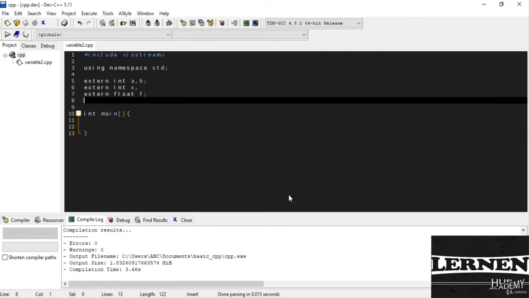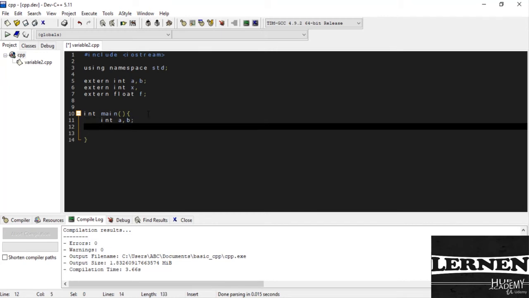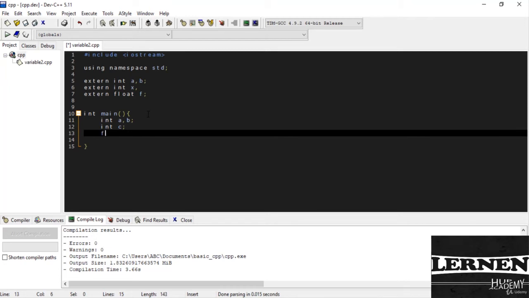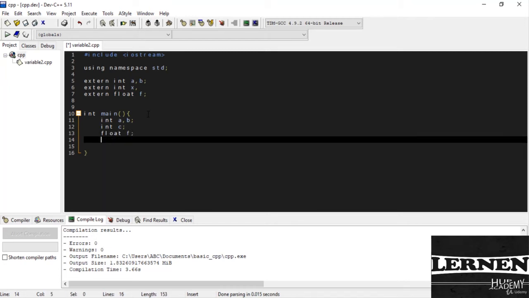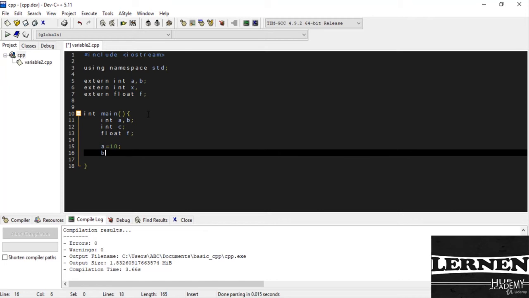Variable number 2. Okay, now our variables are declared here. Now I just define these variables, so integer a and b, then integer c, then I just write float which is f. Now I just initialize these variables, meaning initialize means give the value to this variable, so b which is equal